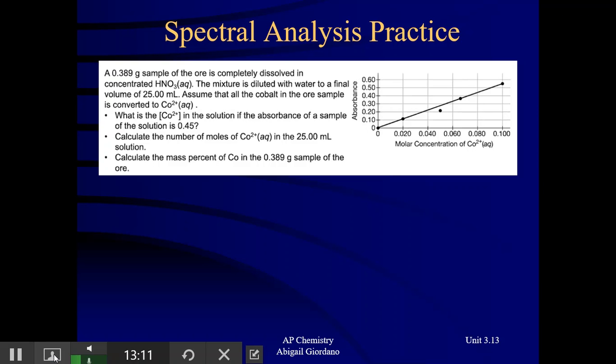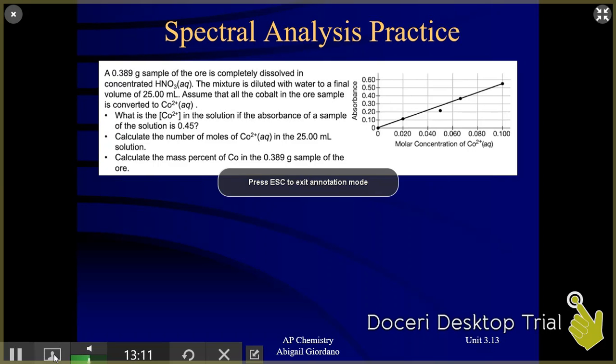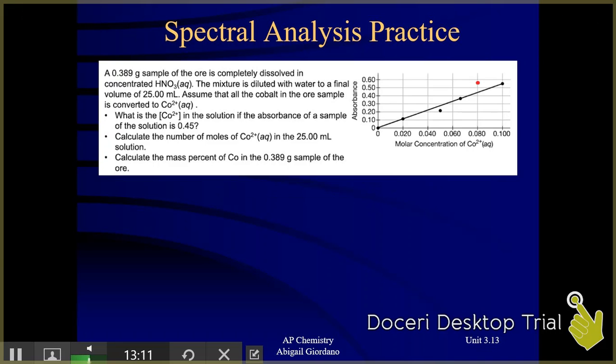So if you were to ever see a graph that had a dot above the line and they said, what is a possible cause of that absorbance being too high? My guess would be this experimenter did not wipe down the sides of the cuvette and maybe there was a fingerprint there. All right. The last thing that I want to go over with you, and this is review from